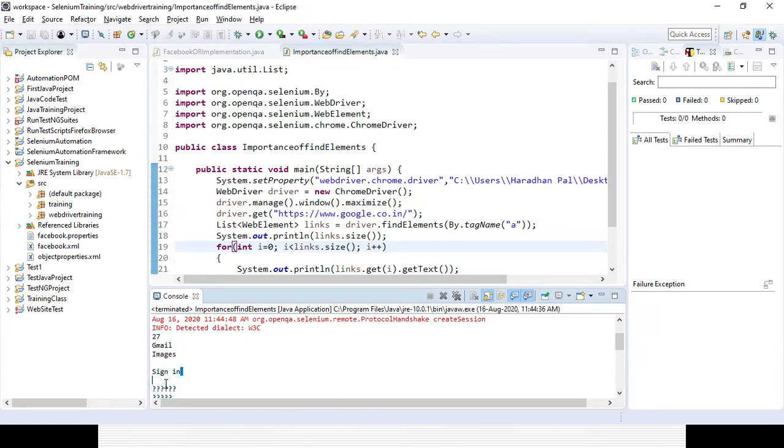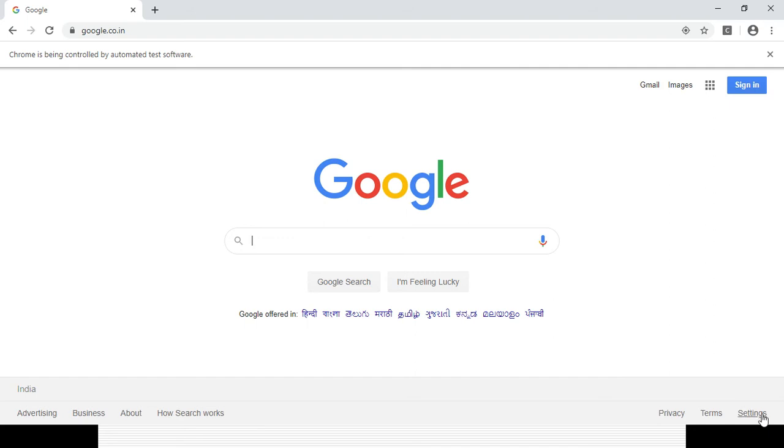sign in, and here some question marks because it is not able to read that particular local language, right. Okay, then you can see advertisement, business, about, how search works, all these links are coming, right? Privacy, terms, settings, all the links. This is because these are links, or hyperlinks, right? So that's why you can identify all the links from the web page, and you can get the total number of links or web links available in the web page. Okay,